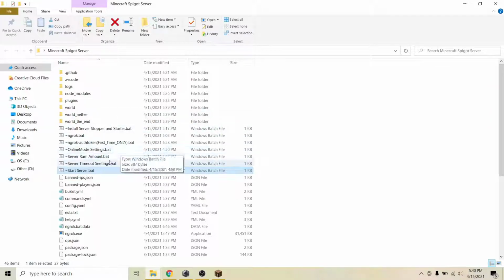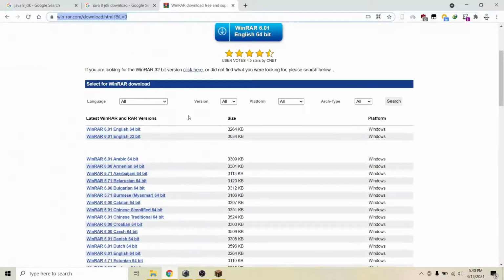and now I'll show you how you can port forward this, without port forwarding you can play with your friend. So if you don't have a router, or you are using a modem or phone network or a hotspot, you can use this method. So first of all, go to